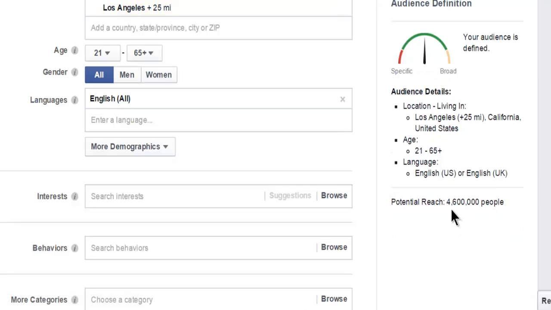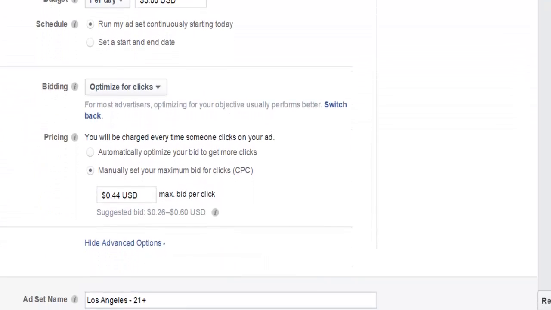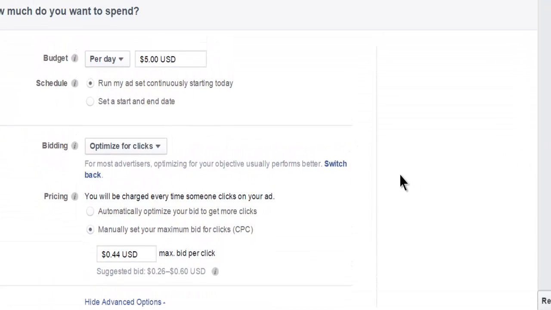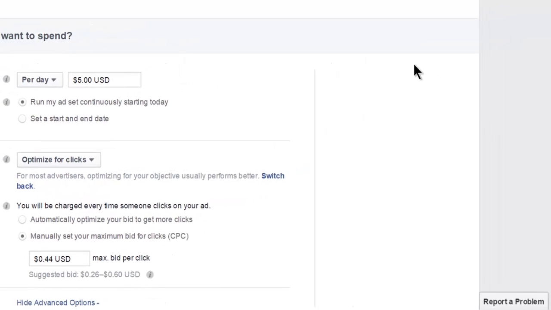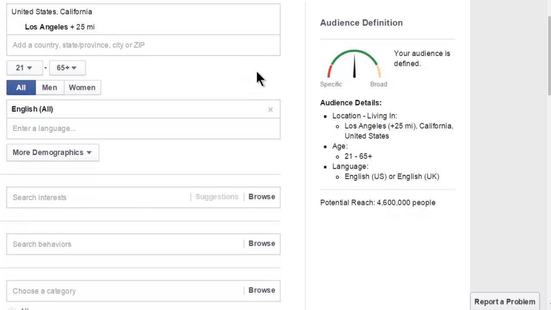Now we're down to 4.6 million people. And if we go down to Facebook's suggested bid, we're up to 26 cents. All right? So you can see the cost has been up, but even at 26 cents, compared to print advertising, that's not too bad. If you're getting people to, say, for example, if you had made this